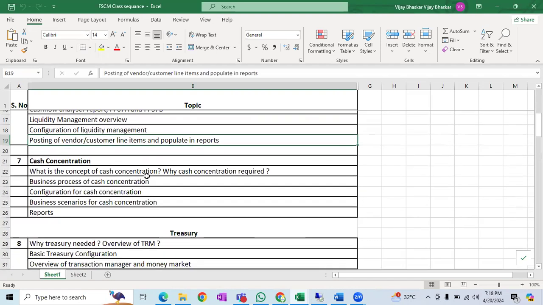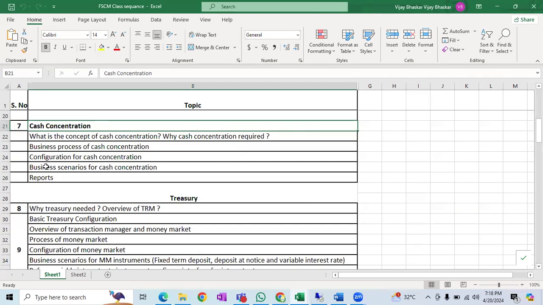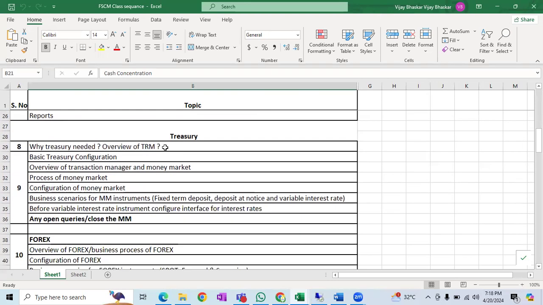Once this is completed, then coming to the cash concentration. This is also part of cash management. Now once all these topics are completed, then I am going to start the treasury. Under treasury, for what purpose we need to integrate it for our clients, what are the advantages clients are going to have once they have the treasury functionality, then basic treasury configuration, overview of